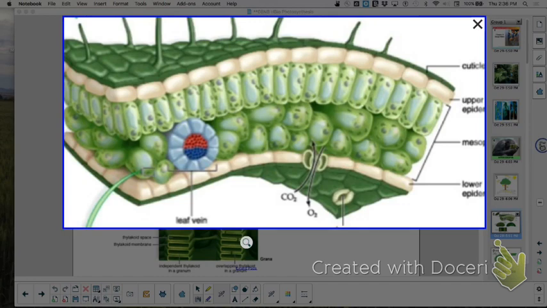Remember the Kranz anatomy with the C4 plant where it looked like a wreath? And that's because what they were doing is they were doing all of their dark reactions right here and surrounding them with mesophyll cells to protect RuBP from binding to what? Oxygen. And where did you see that kind of setup? In the